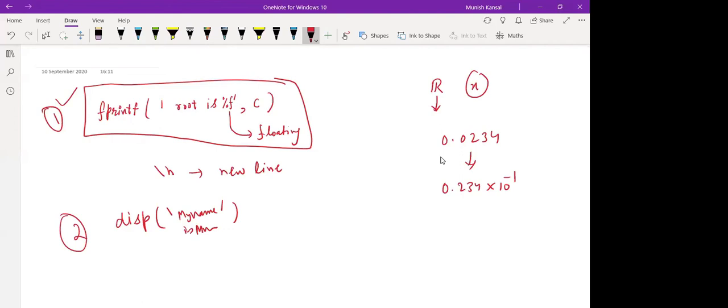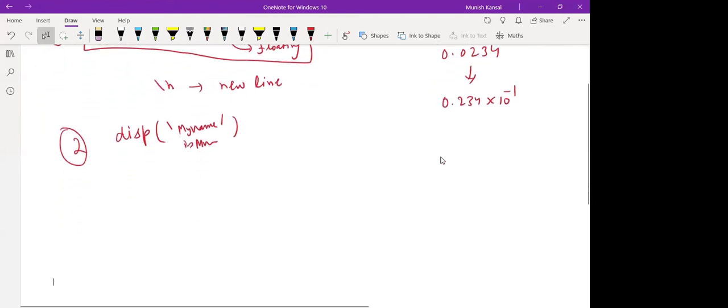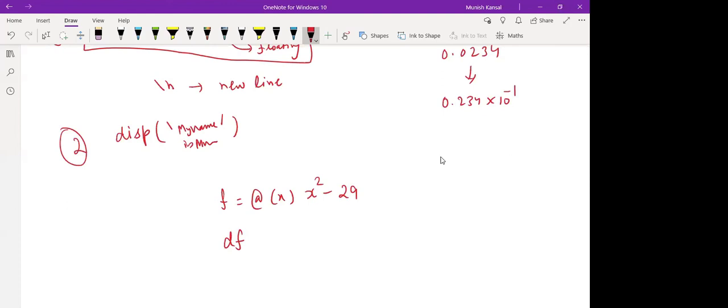Can we do derivative by MATLAB symbolically? Yeah. So basically, in the Newton-Raphson method, we are calculating the derivative at each stage. In this experiment, I was writing down the derivative manually, but you can do the derivative with the help of MATLAB. Let us suppose this is your function, say f is equal to handle x. Suppose the function is x square minus, say we were calculating the square root of 29. Now you want to find out the derivative.